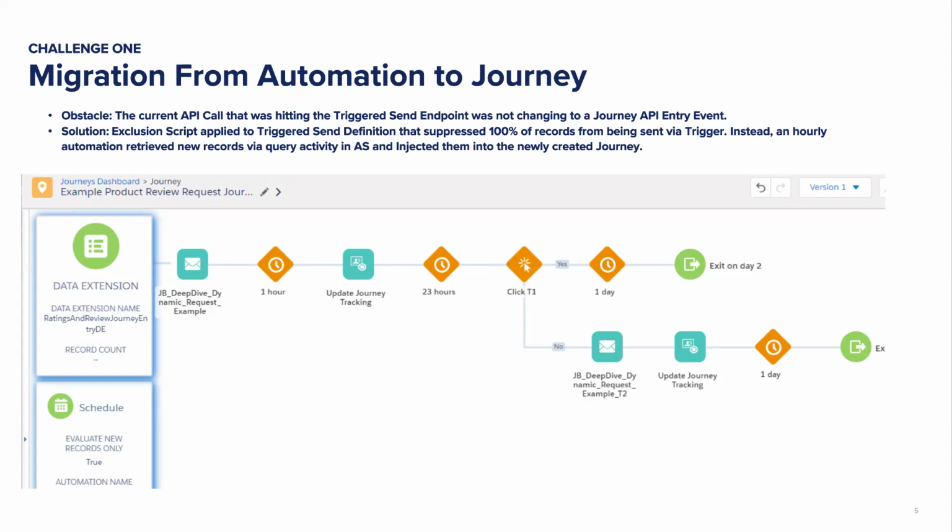However, the first obstacle we faced was the API call that we are still supporting in the real life example, not in the fake example. The API call we still support is making a triggered send API call. Let's talk best case scenario, right? If you're going to make an API call, there's a great option: you can just make an entry event API call, the journey at REST endpoint, really robust, really good. Well,